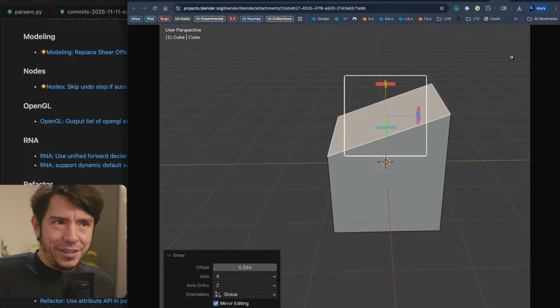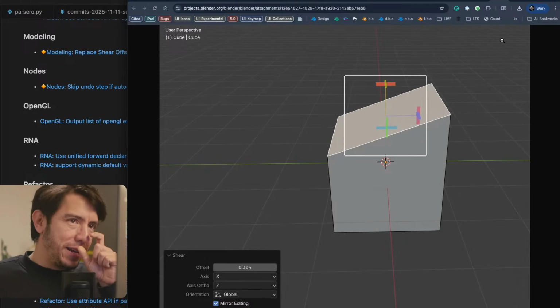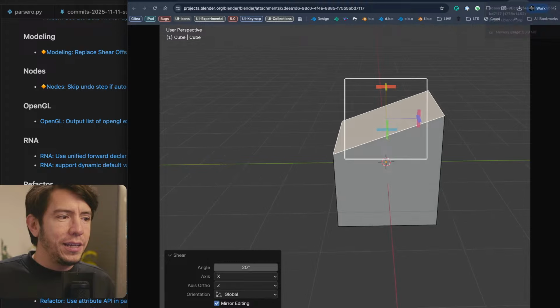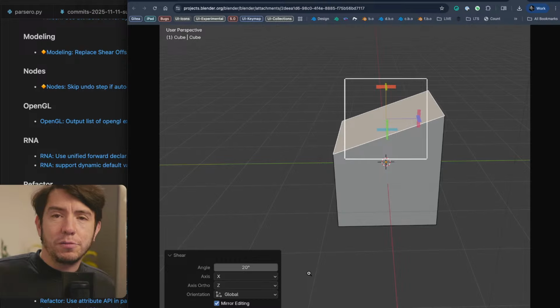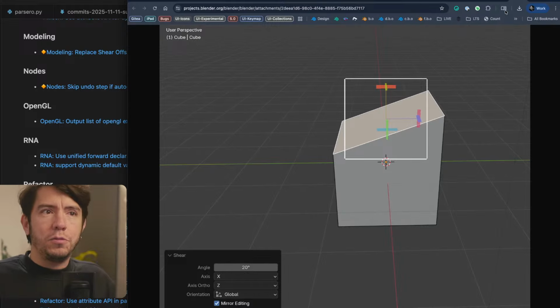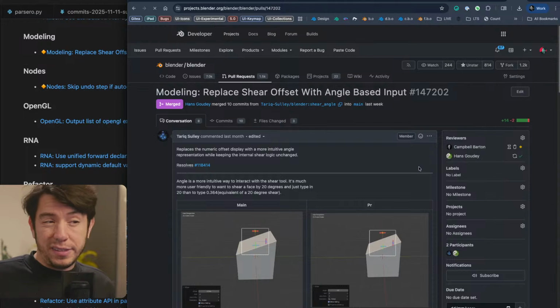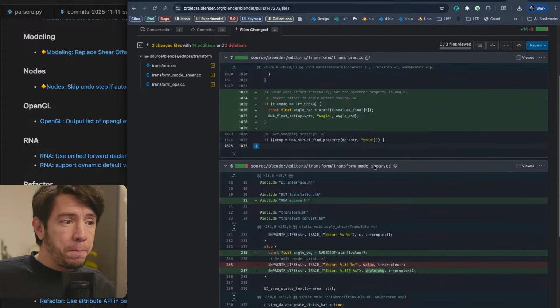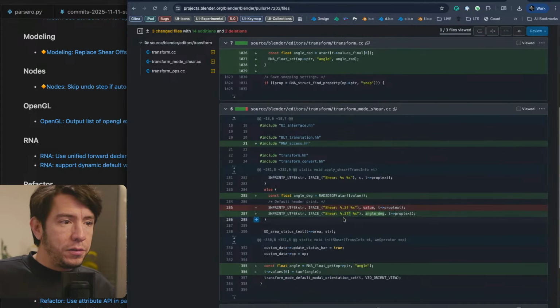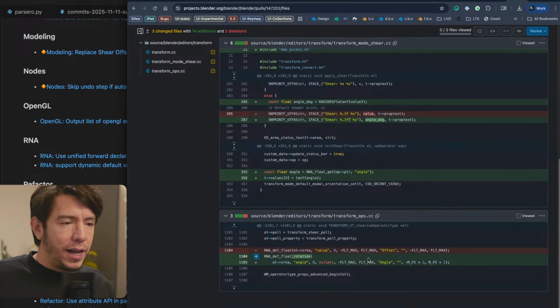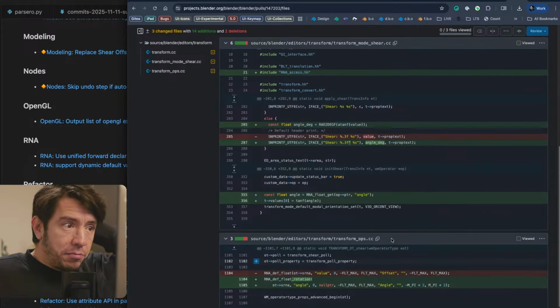Because what is the offset of a shear? It's clear, but it's much easier to see if it was called angle, and that's what it's called now. So the shear tool didn't get a new property per se. I think it's just probably the label and the subtype of the property, which is called angle. Yeah, shear angle, and it is a float, and that's it.